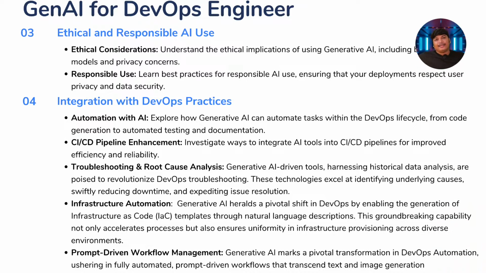It's saying that using this GenAI tool, for example, if you are new to this particular word called infra as code, if you know about AWS, Azure, or GCP, at least as a DevOps engineer you know any of these, I'm assuming that. Now you have an application, and for this application to run on the cloud or a server, you need a server first, right?